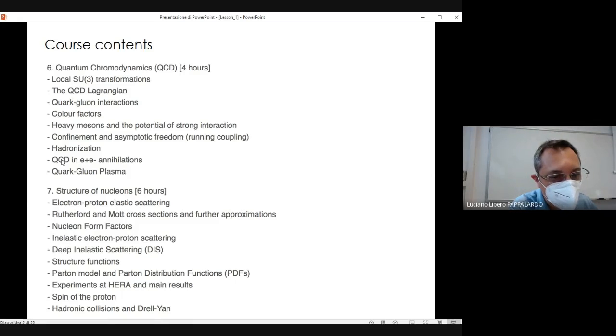The following chapter, number 6, is about the structure of nucleons. So it's a very important chapter, again 6 hours, so this corresponds to 3 lessons. We will study in some detail what the proton is made of. We will start from low energy elastic electron scattering processes, and then go into more and more detail, increasing the energy. So we will switch from elastic to inelastic, and then from inelastic to deeply inelastic. We will introduce the Parton model and the modern view on the internal dynamical description of the proton.